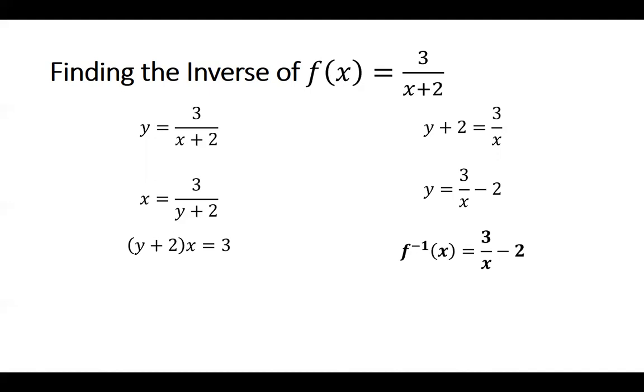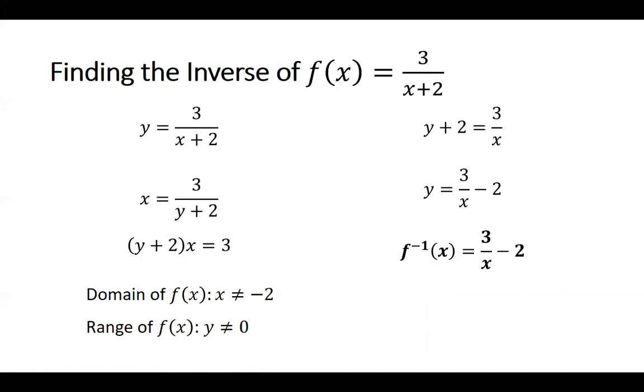Now we're not quite done yet, because yes, we found the inverse, but now we need to look at the domain and range of these. So if I'm looking at f of x equal to 3 over x plus 2, I can see that the domain is going to be x not equal to negative 2, because we can't let the denominator be equal to 0. The range is going to be y not equal to 0. Well, wait a second. How did you see that, Mr. Davis? Well, remember that we said that